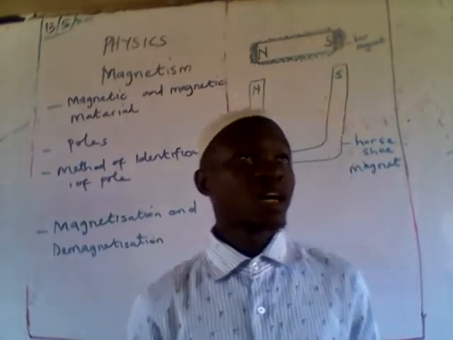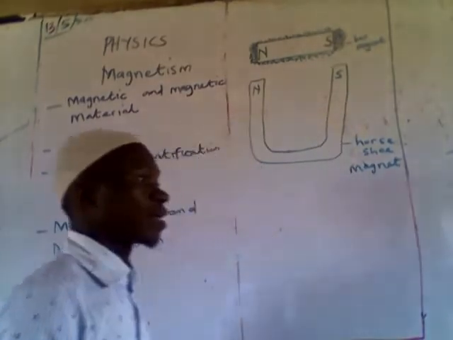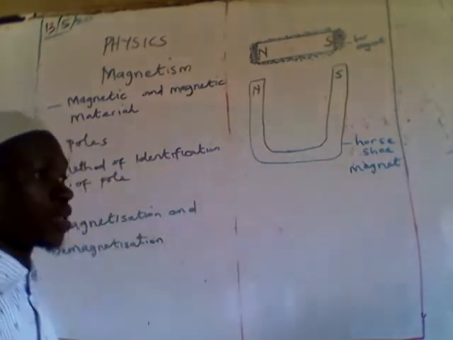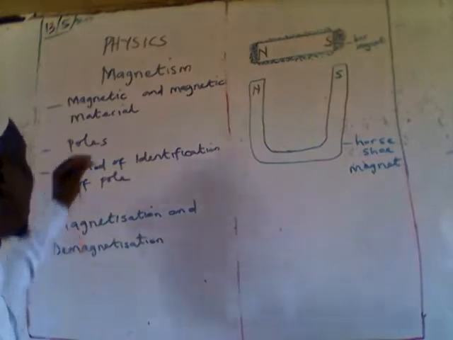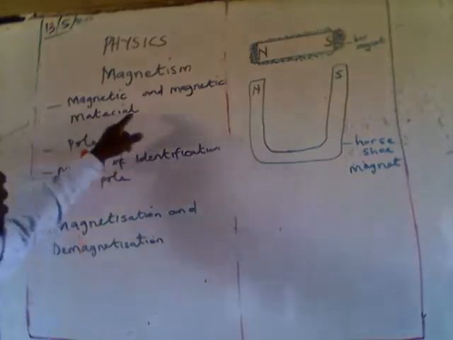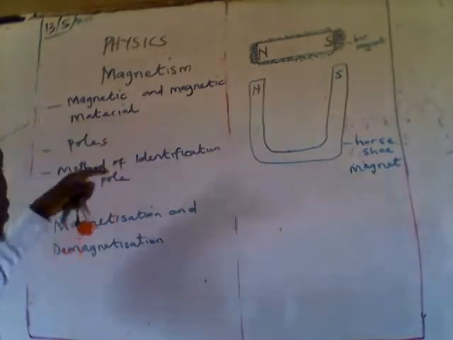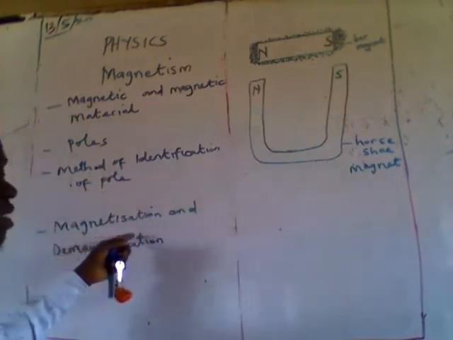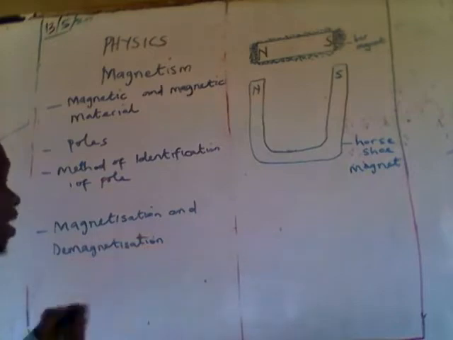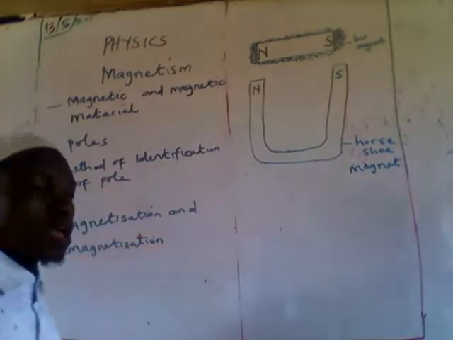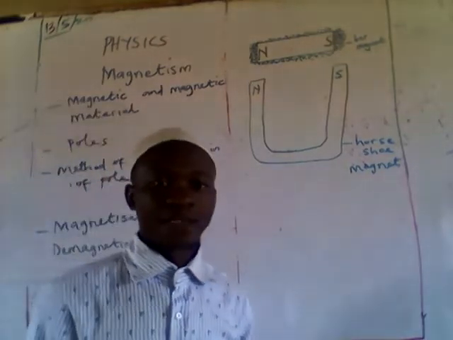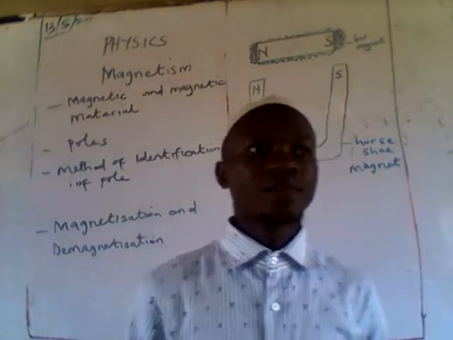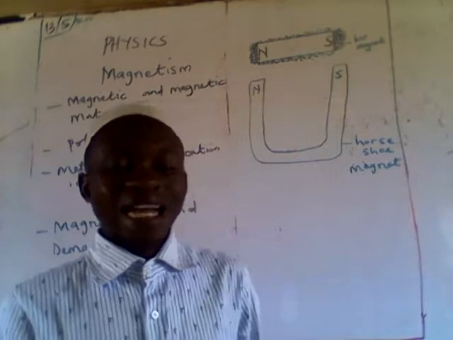So today, inshallah, we'll be going into magnetism. What we will be looking at inside magnetism are: magnets and magnetic materials, poles, methods of identification of poles, magnetization and demagnetization. When we refer to a magnet, we define a magnet as a material that has the ability